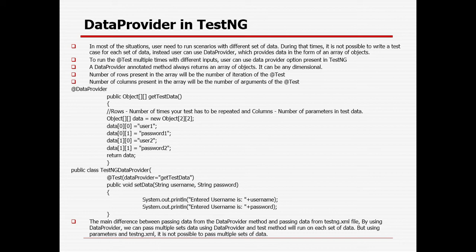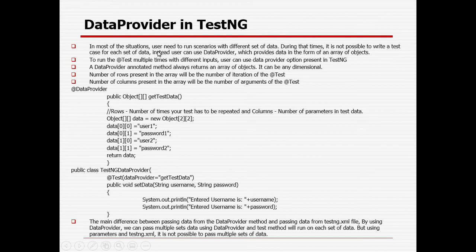Instead of that, I want to create one more method from where we can get the data. For that method I can use more functions with the help of Apache POI, but that will not be covered in today's session. But I will show how we can use the data provider annotation, through which, with the help of Apache POI, we can interact with an Excel file or CSV file.